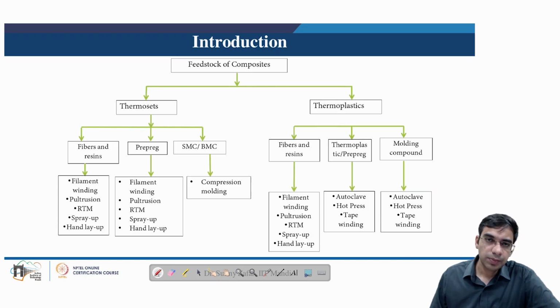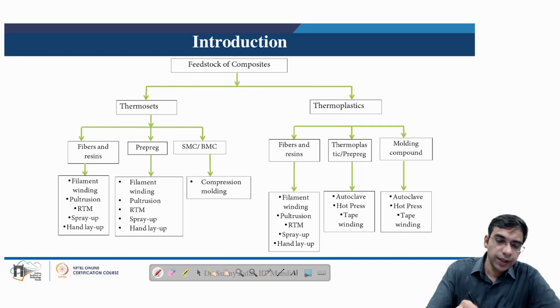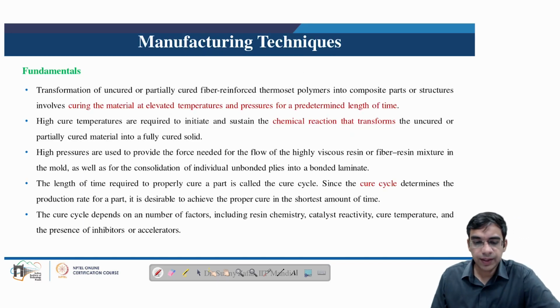So as we can see, there is a wide variety of manufacturing processes in the polymer matrix composite. Now, not all the processes are suitable for manufacturing the wind turbine blade, which is of course the topic of this course here in this module. So we will only study the specific processes which target the wind turbine blade. The other processes are not going to get covered in this course. So moving ahead, we will see what are the fundamentals of manufacturing any polymer matrix composite when utilized for different engineering components.